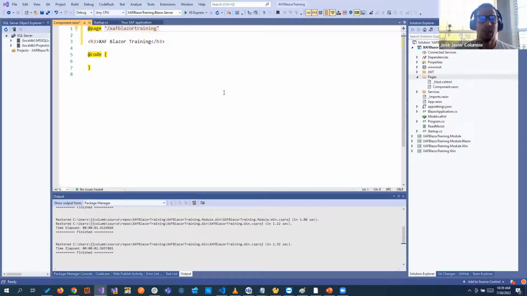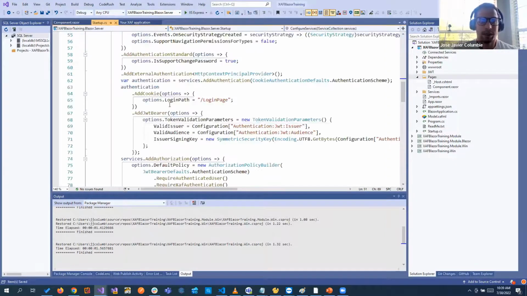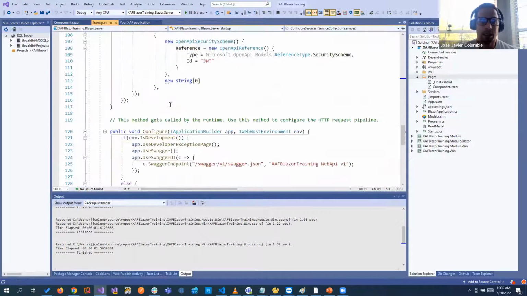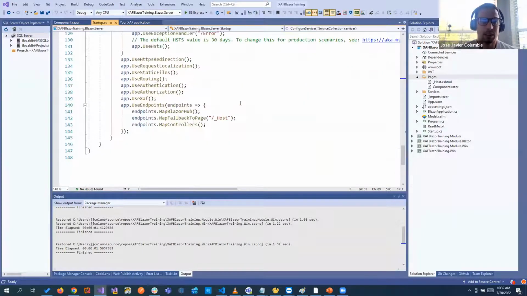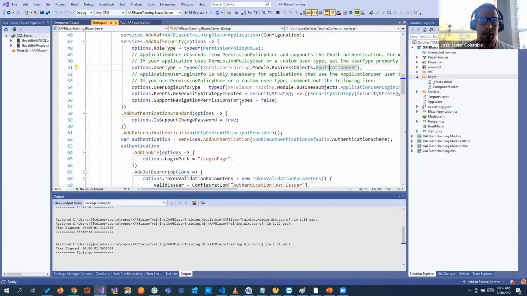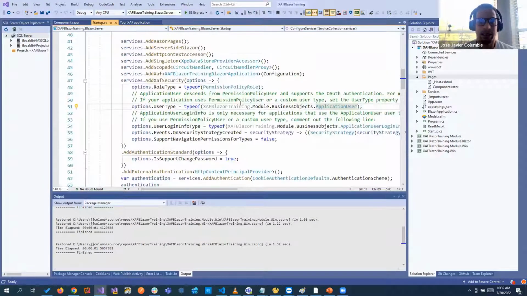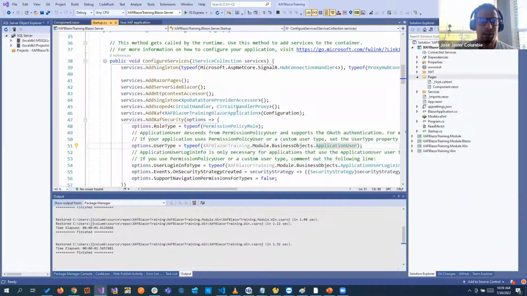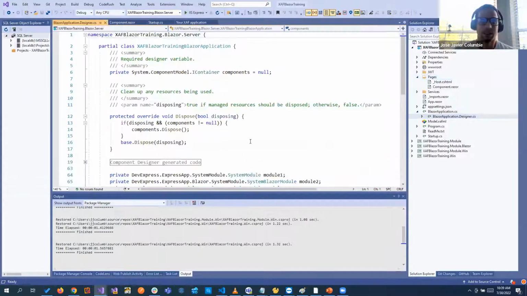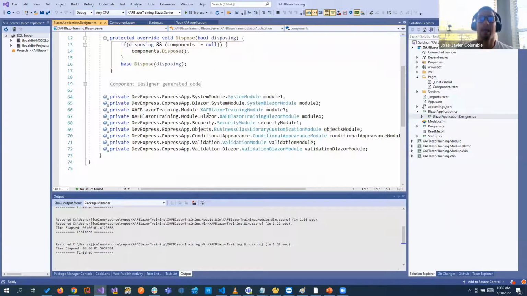Okay. So now, if we come back to startup, we can see all those things that were being added, right? We see the security, and we see everything that we need to do. I think that in the latest version, even the modules, you'll see it here. But now, if we go to our Blazor application and we go to the designer, because this is the code that is being generated from the wizard,